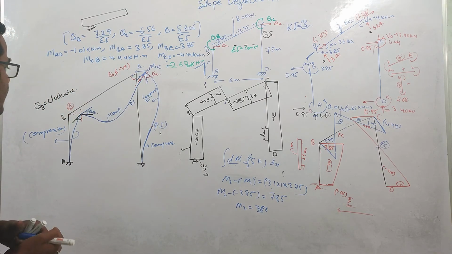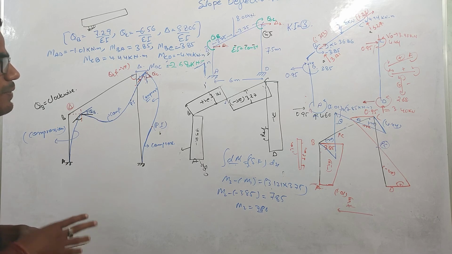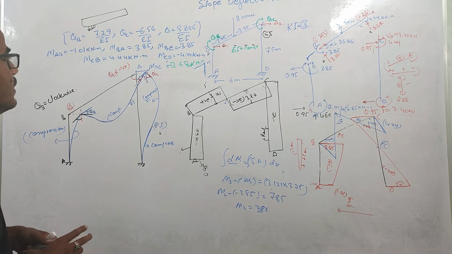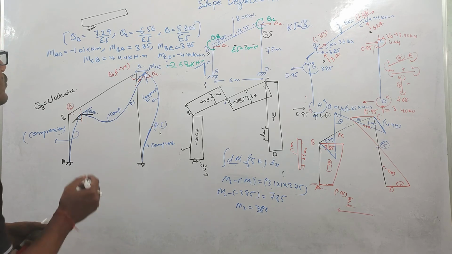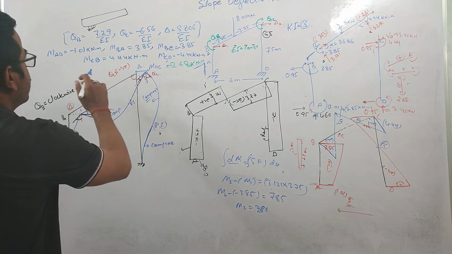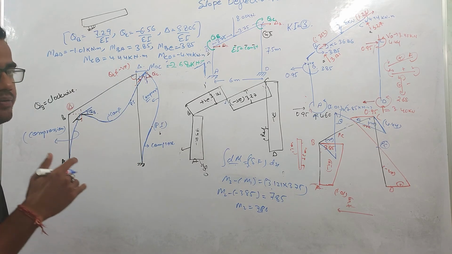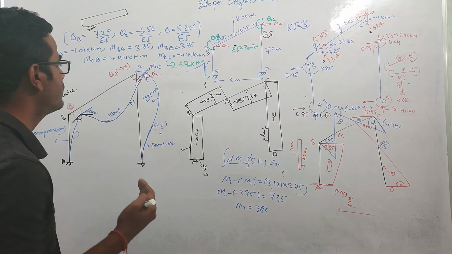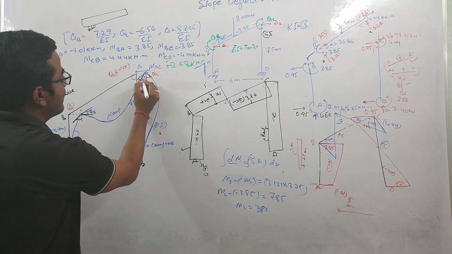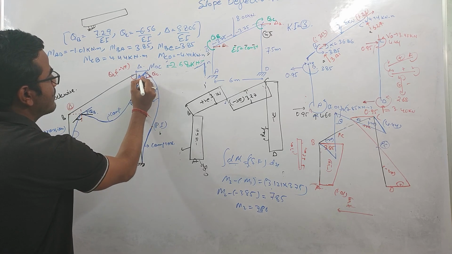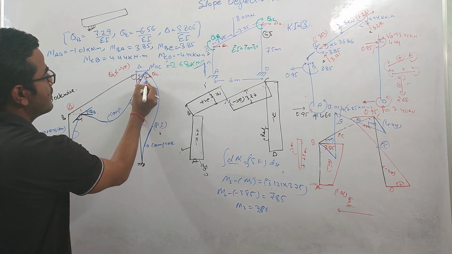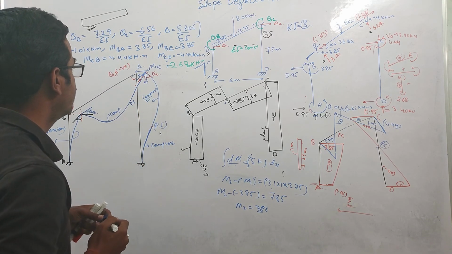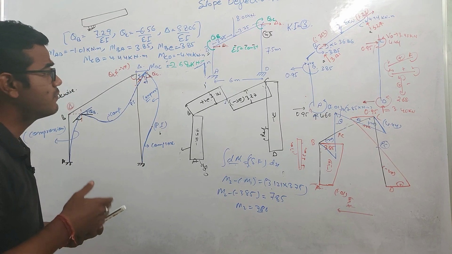But before that we need to understand the bending moment diagram and what directions we have assumed, right? Without that you cannot draw the deflection curve. And also we need to have a clear-cut idea of what the theta values are over here, and the reference axis will be the member axis only. With respect to the member axis we need to see how much this member is rotated. Like here this is the reference axis, and here the reference axis is this one, because this member is vertical. So this is the deflection diagram for this frame.